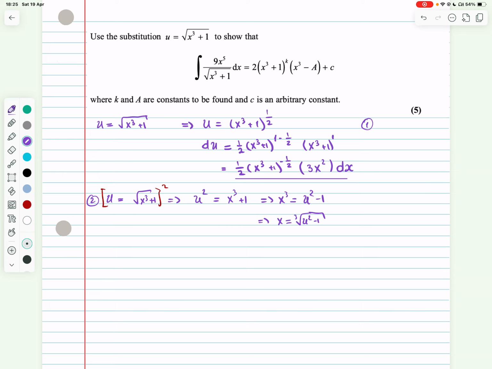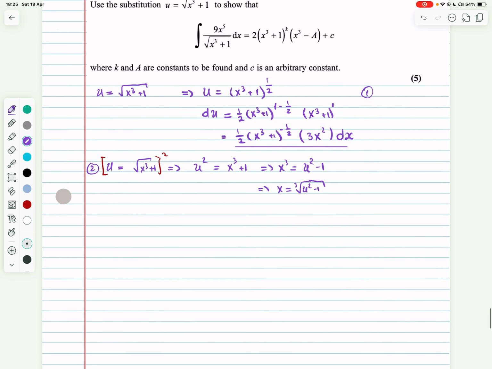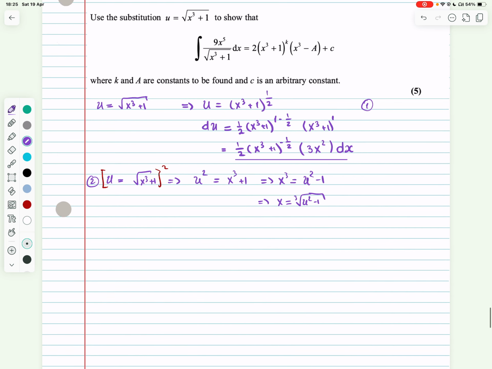I need to make dx the subject here and put everything together just to simplify. You will see we still end up with dx, but we can easily replace it with u. So now I'm writing the integral of 9x to the power of 5 over the square root of x cubed plus 1, and there is a dx here. So the integral of 9 times the cube root of u squared minus 1, to the power of 5,